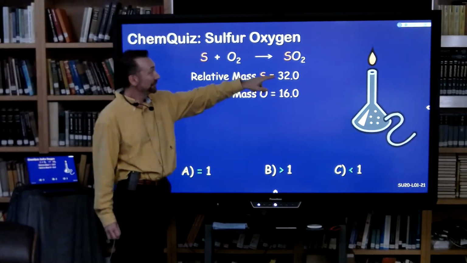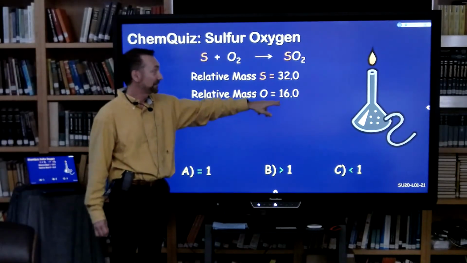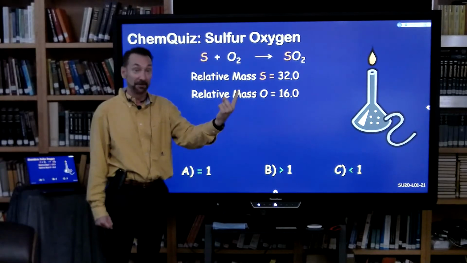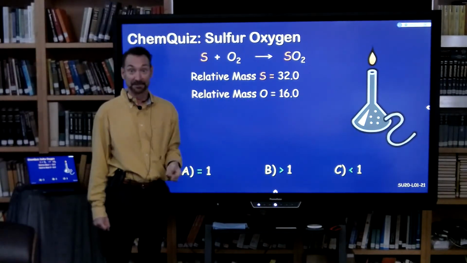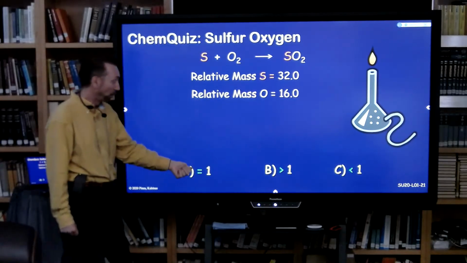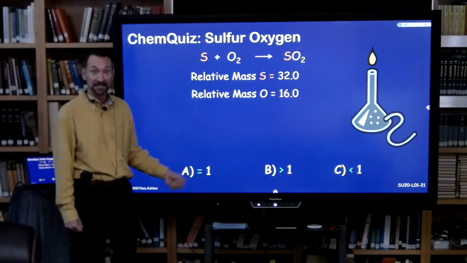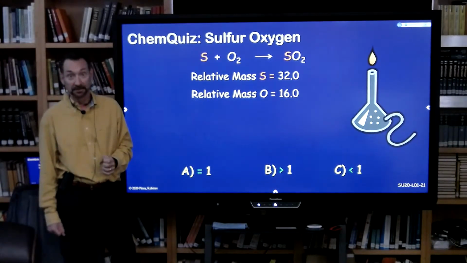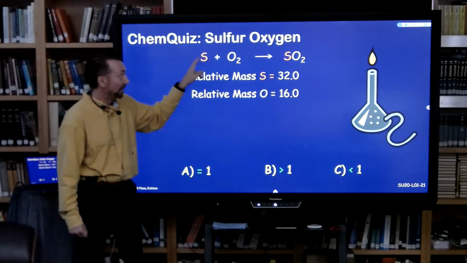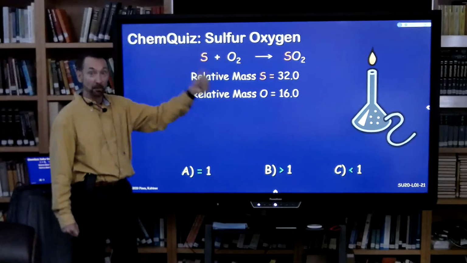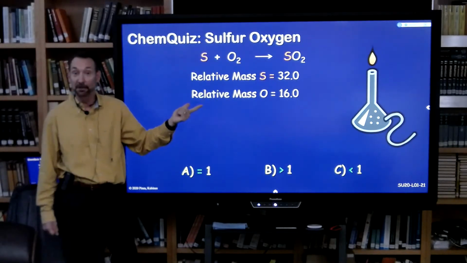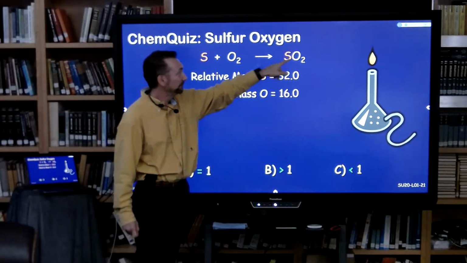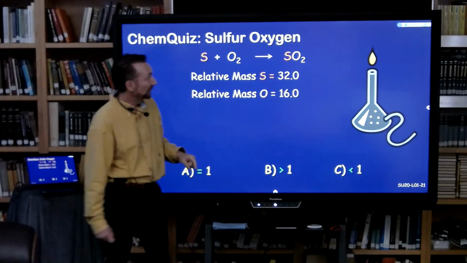All you need to know is 32 grams of sulfur have the same number of particles as 32 grams of oxygen molecules. So that means 5 grams of sulfur have the same number of particles as 5 grams of oxygen molecules, or 1 gram of oxygen molecules has the same number of particles as 1 gram of sulfur. And since they react 1 to 1 in this equation, 1 gram of sulfur will react completely with 1 gram of oxygen. And it'll give you a mass of sulfur dioxide, and you can calculate the relative mass there.